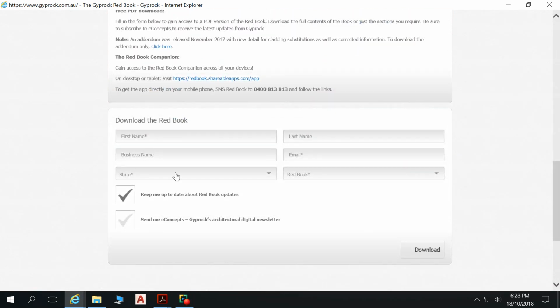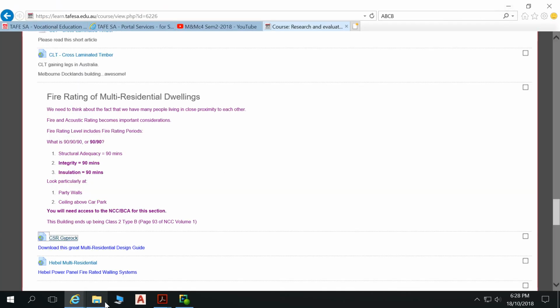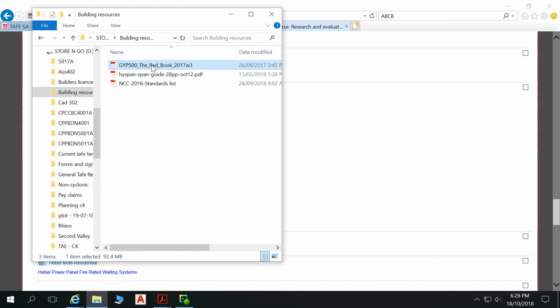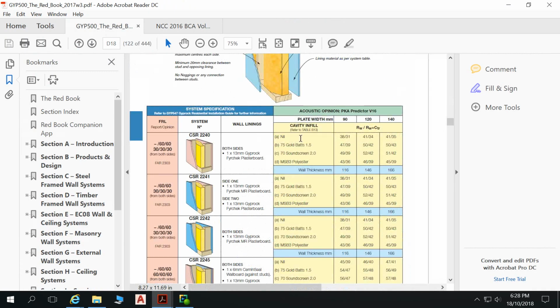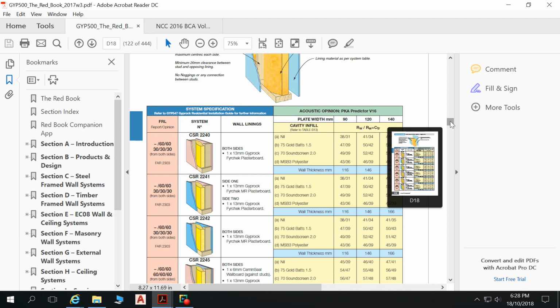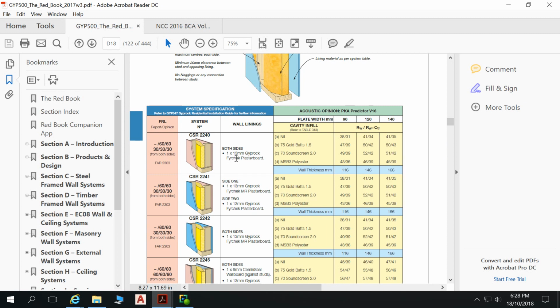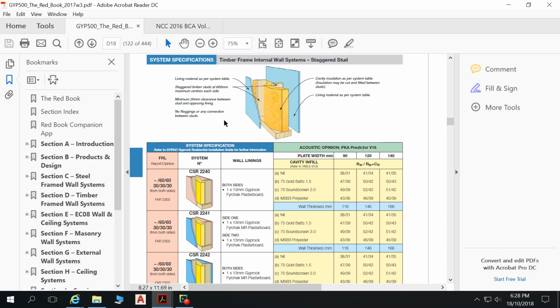Download the Red Book, and then we fill out all these sections and we download it. In regards to that, here's one I prepared earlier. So this is my copy on a USB. It is a massive document because it covers so many situations. One of these situations I prepared just before the class, or scrolled down to, is they have a series